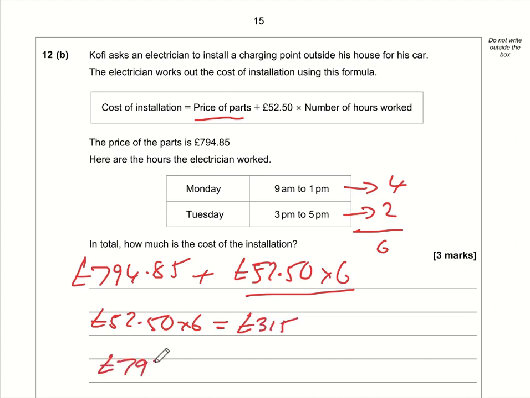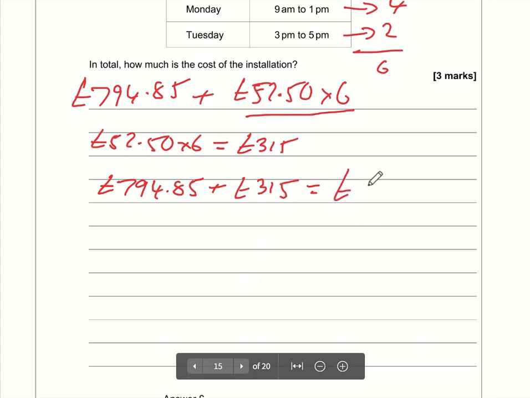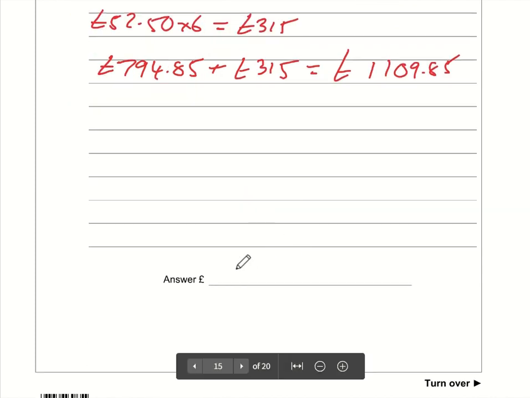So 794.85 plus 315, that comes to our final answer, which is £1,109.85. I'll just write that down in the answer box. There we go,